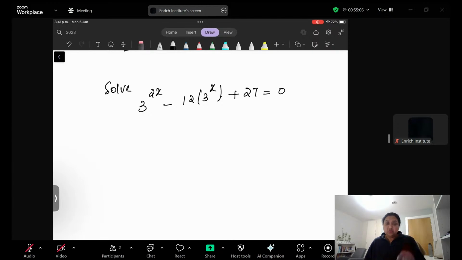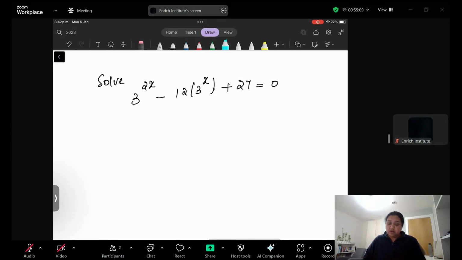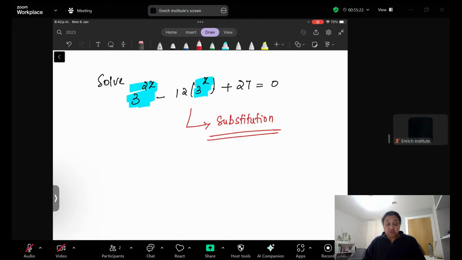Now, as soon as you see this question, you should understand that there is some sort of a power here and some sort of power here. Immediately it should strike in your mind that this is substitution. Whenever you see repeating things, you should remember you have to substitute. Even in the last class I mentioned, whenever you see repeating numbers in a quadratic equation, you have to go ahead and substitute. Okay, so here, what will you substitute? For substituting, you need to have some common things, right? Yeah. So then your exponential